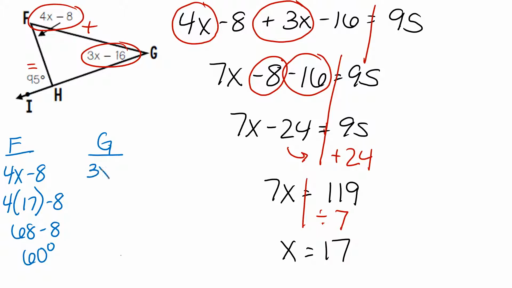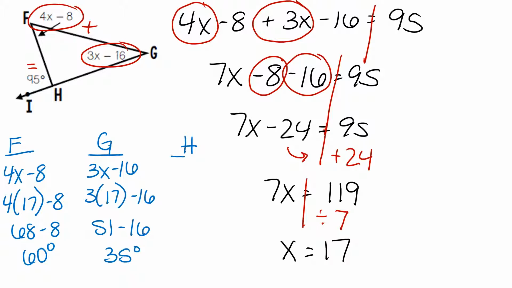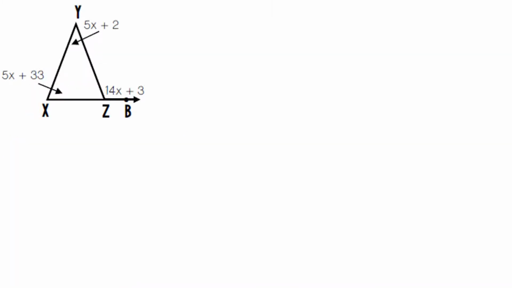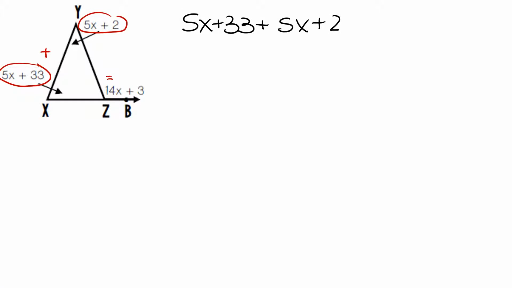For letter G, 3x minus 16, using our answer 17, 3 times 17 is 51, minus 16 is an answer of 35 degrees, and angle H is already written for us, 95 degrees. Still following our pattern of adding the two inside angles to equal the outside angle, we are going to add the 5x plus 33 to the other angle, 5x plus 2, and it's going to equal the outside angle, 14x